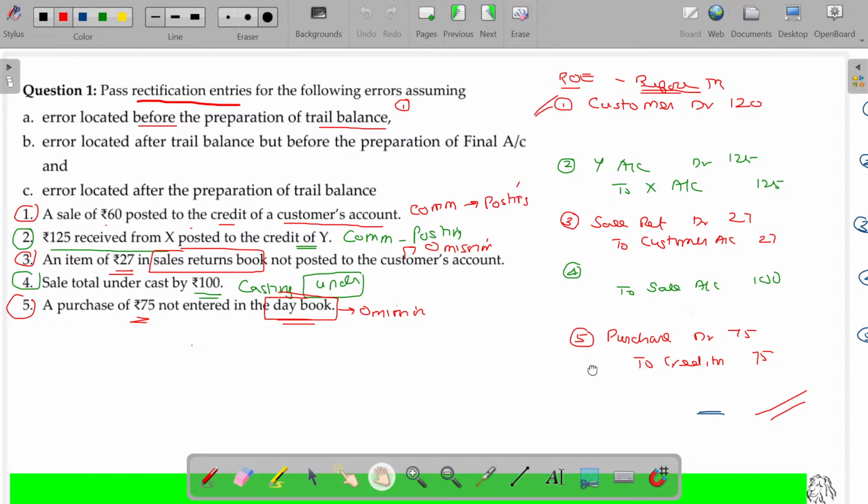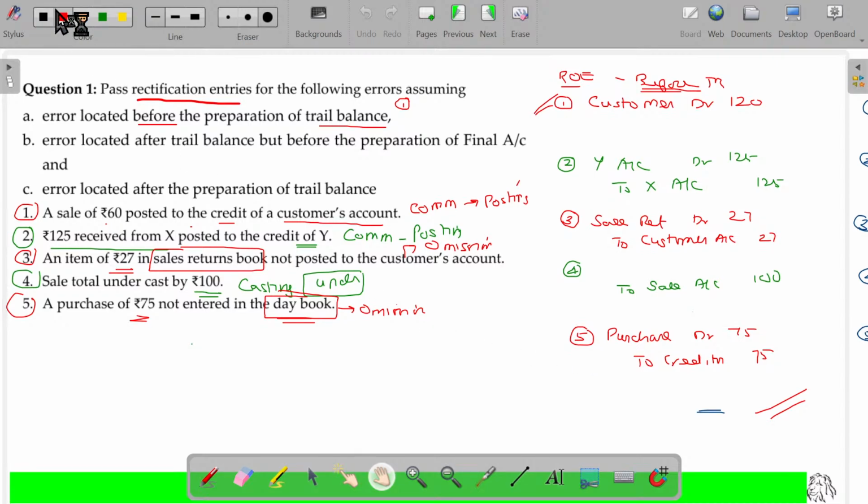Third one could be partial also. Omission but partial. That's how in Singer Academy text I have solved. An item of 27 in sales written book not posted to the customer account. In sales written book,